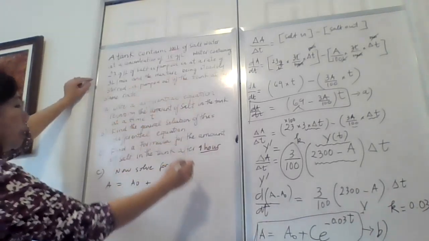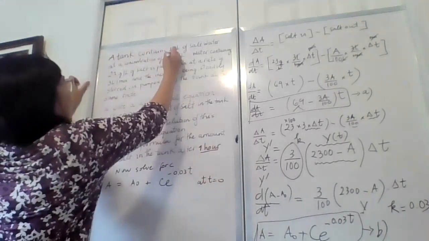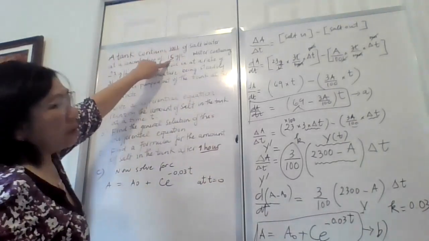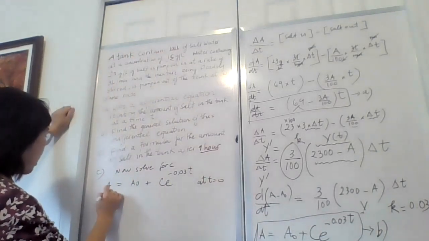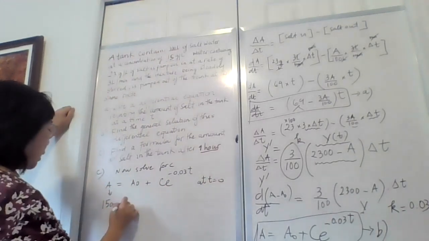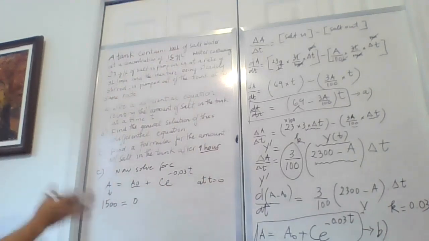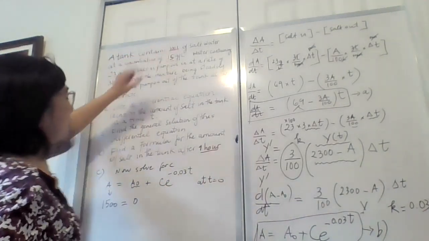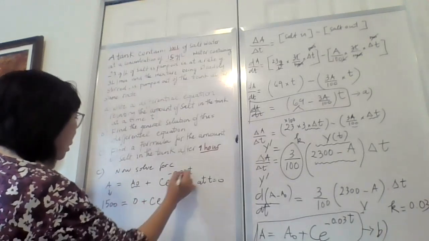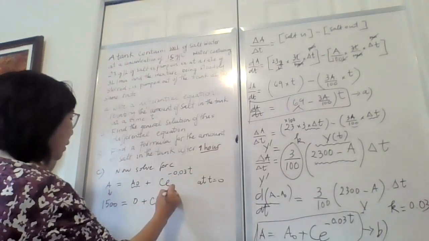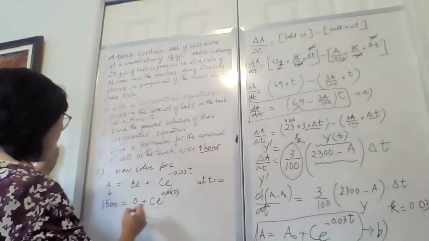So we know that at the beginning, at time T equals 0, how much original sun we have inside the tank? We have 15 grams per liter and we have 100 liters. So inside the tank will be 1,500. We substitute this amount of sun, right, at the beginning. What is our A0 pumped in? 0, right? At the beginning, we don't have any sun pumped in yet, except this amount, right? That's for amount A, adding with C E. Now at time T equals 0, everything here is just time with 0, so we can cancel that. So our C,